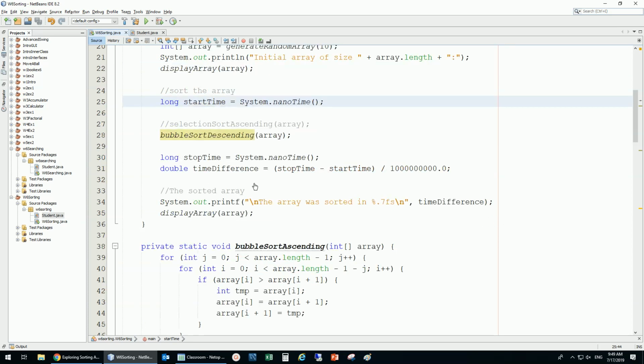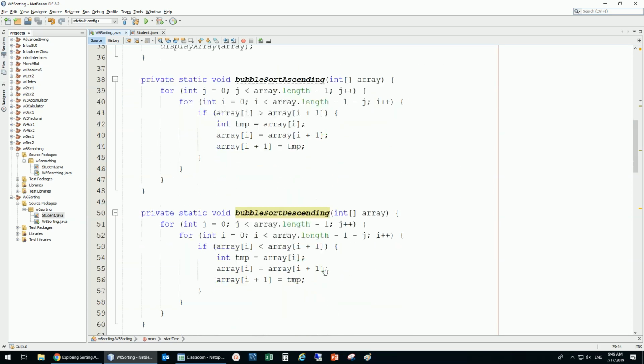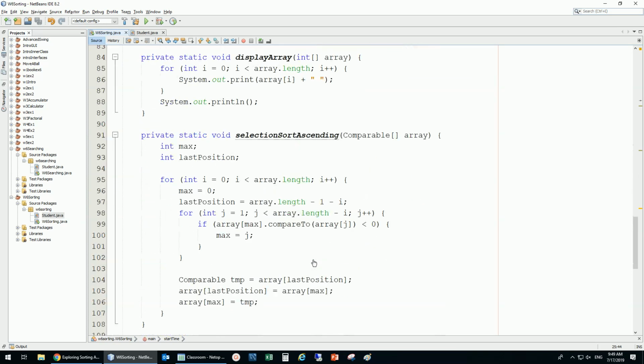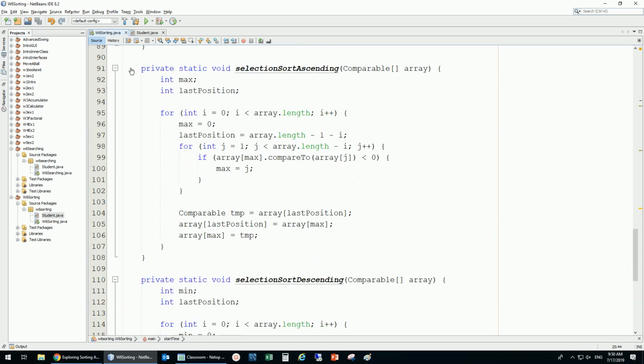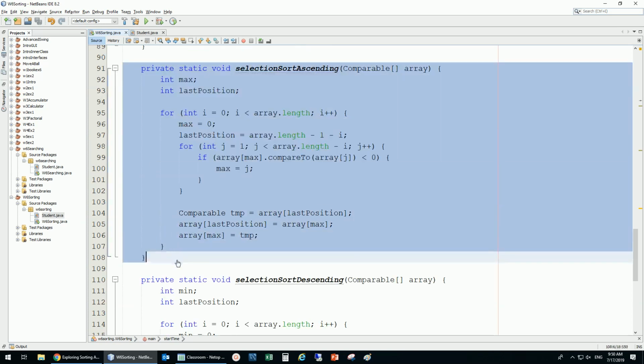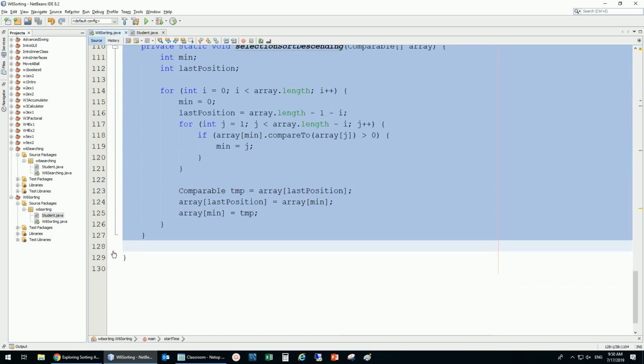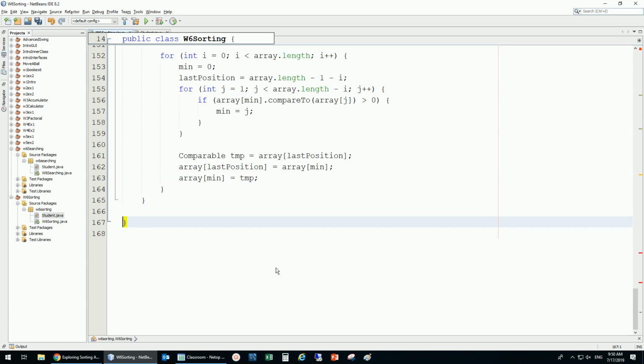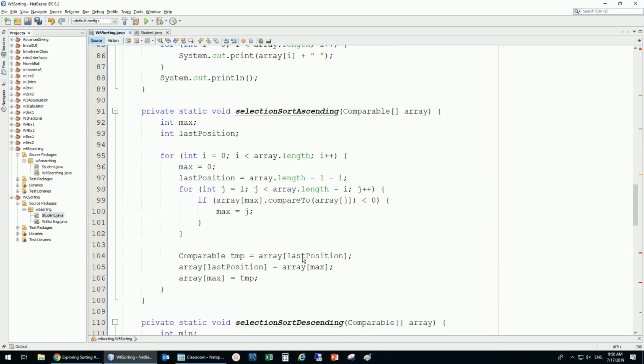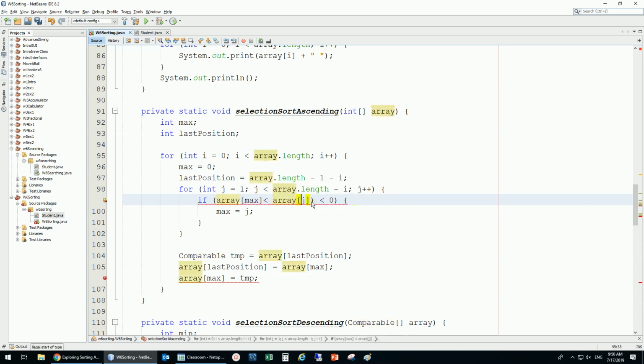Okay, now the fun part. I would like to compare the time of these two, this bubble sort and this selection sort. So what I'm going to do, I'm going to keep this comparable version, just copy these and create a version with just an int. So this is the one with the comparable, just going to make this one int. So now by working with int, I don't have this compareTo. I'm just going to use this less than as it was, and then I'm having an int,